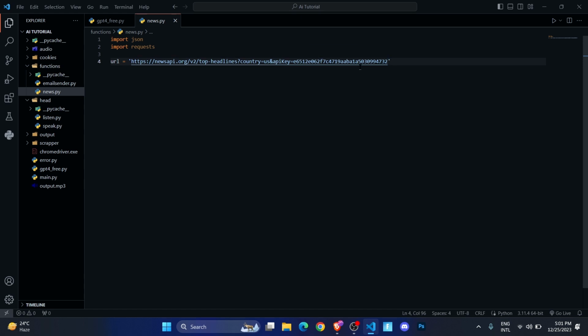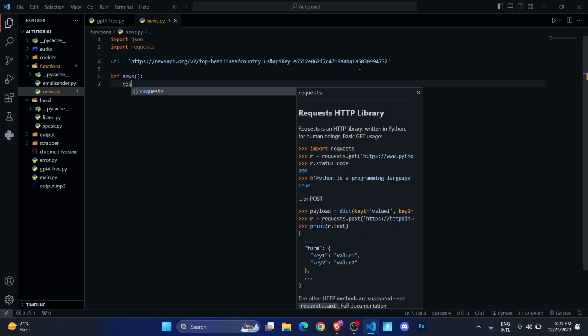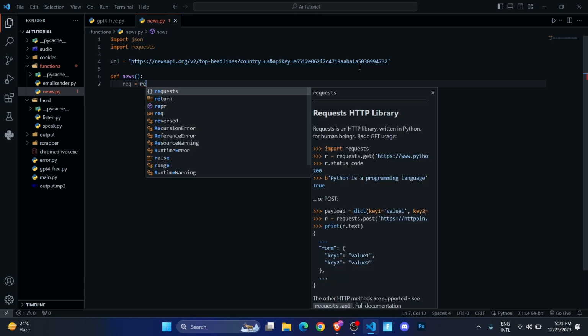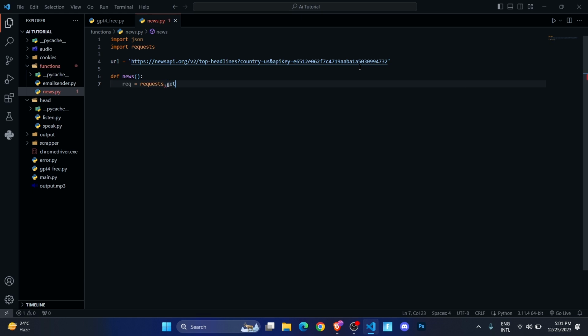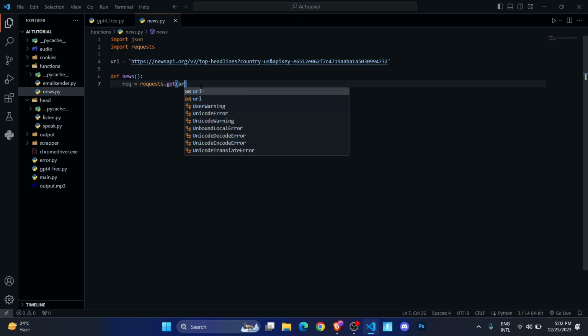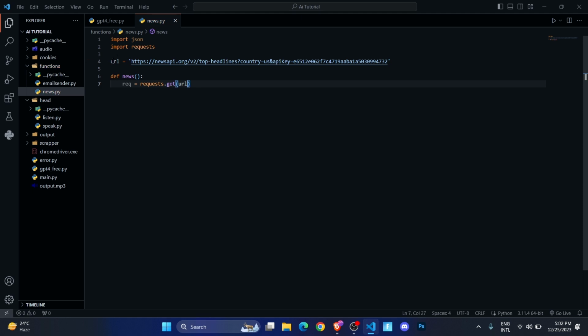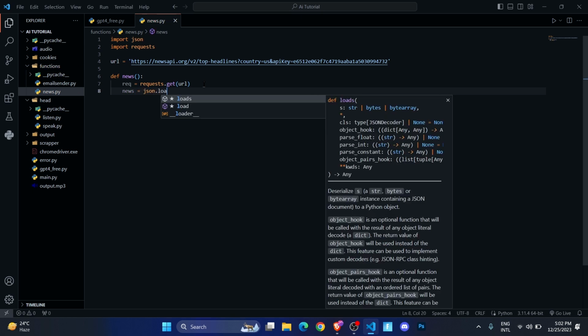First let me create a function news. In the news function, first we define a variable req equals requests.get. While using requests, there are two methods, get and post. We're going to use the get method to get the data. So here we will write URL. We're going to pass this URL as a parameter right over here, and then let's create a variable news equals json.loads